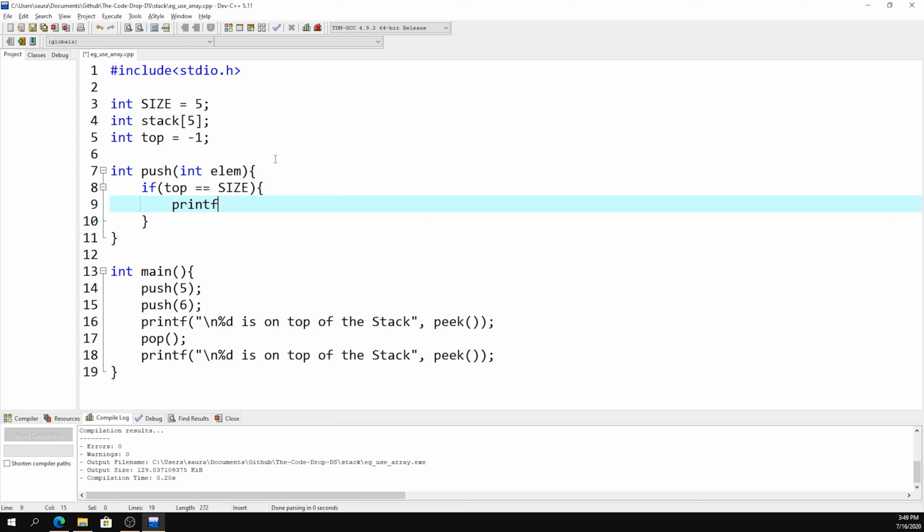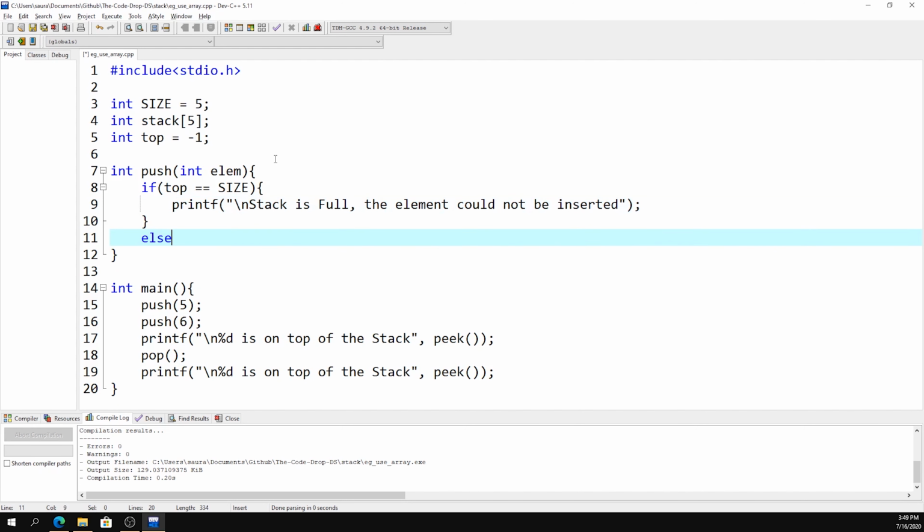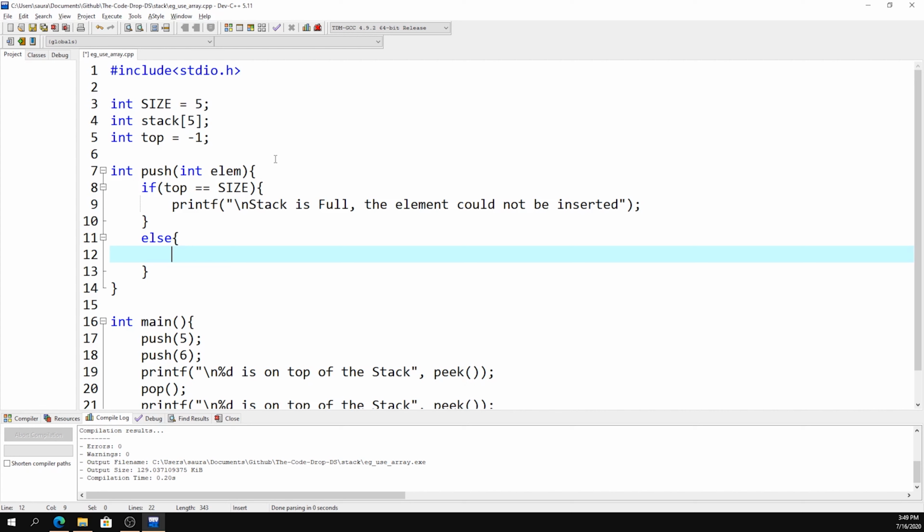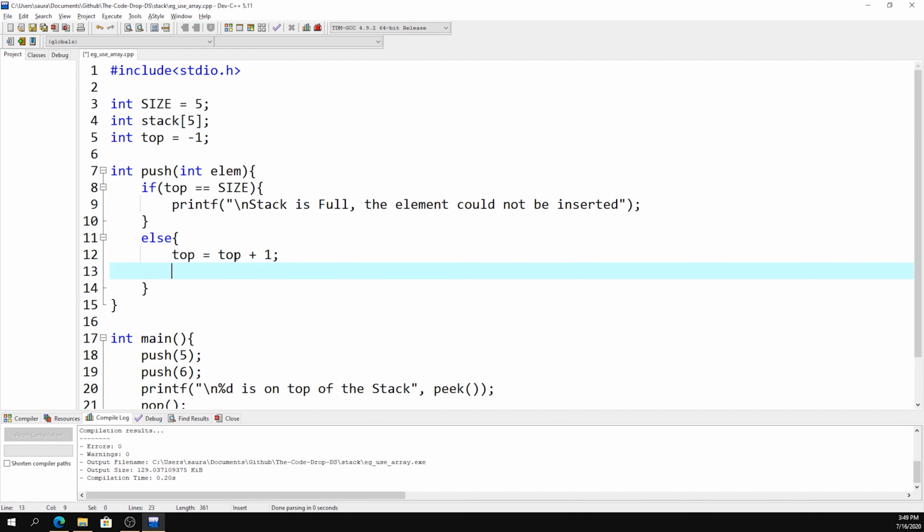So if this happens, we're going to say printf \n stack is full, the element could not be inserted. And that's it for our full part. Else, if the stack is not full, then I'm going to say top equals top plus 1. So if our top was -1 initially, it becomes 0. And then we place stack of top equals to, let's say, our elm, the element which we are passing as